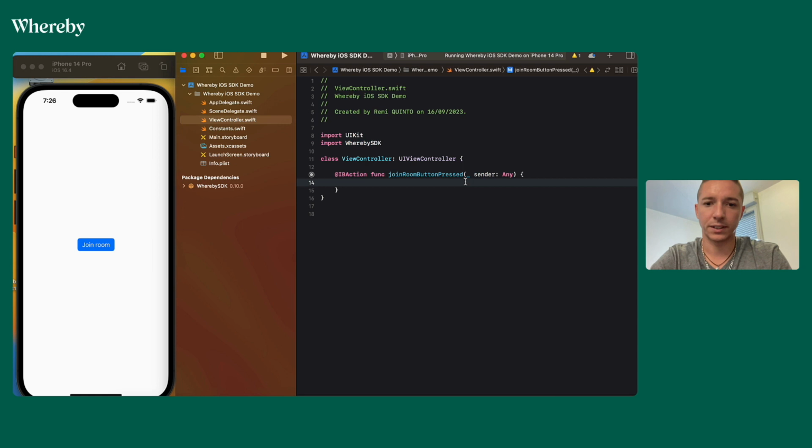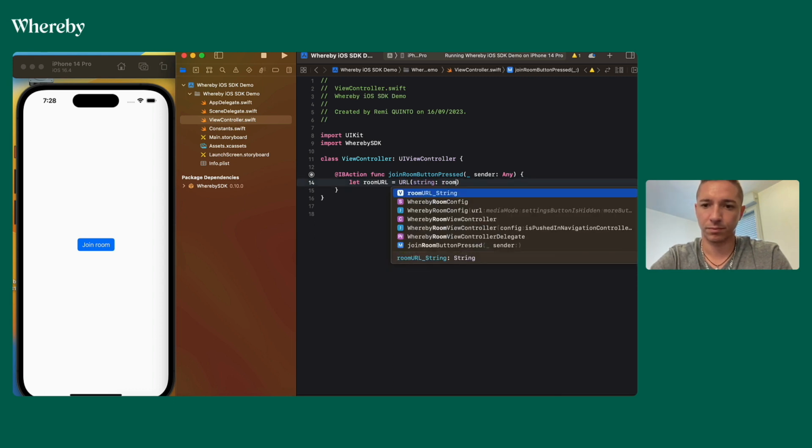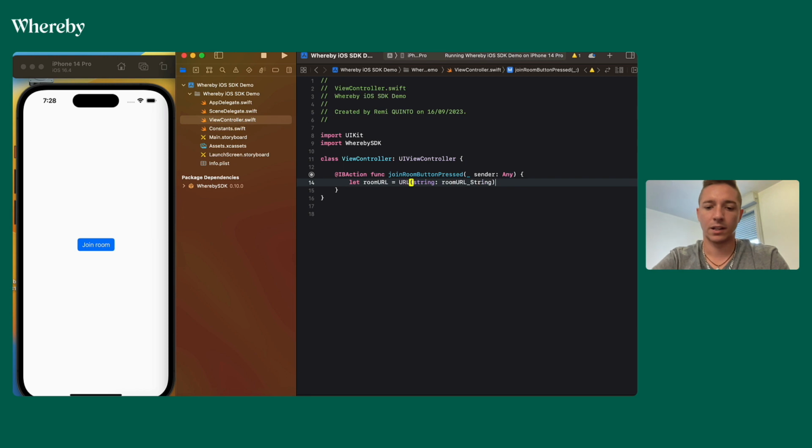And now I'm gonna create the URL itself from the string. Then I'm gonna create a room config from this URL,